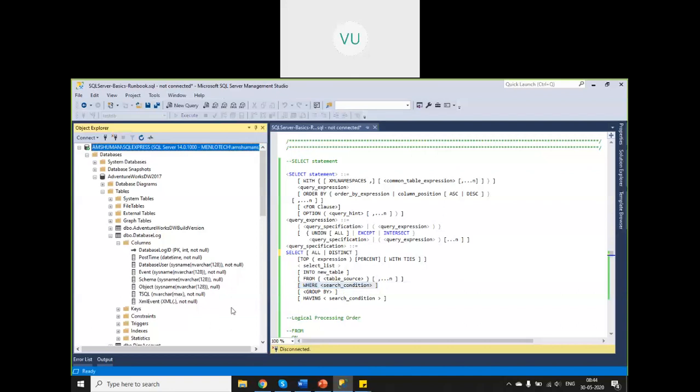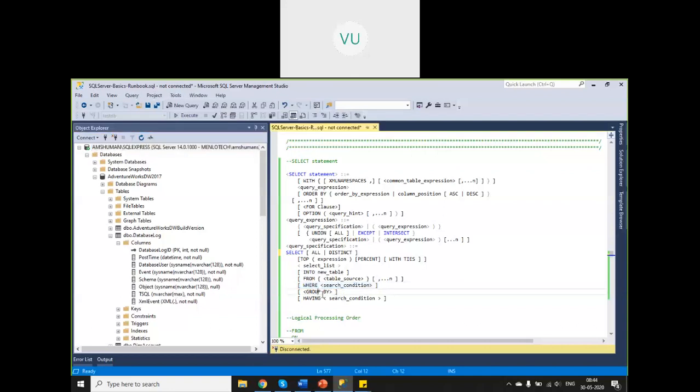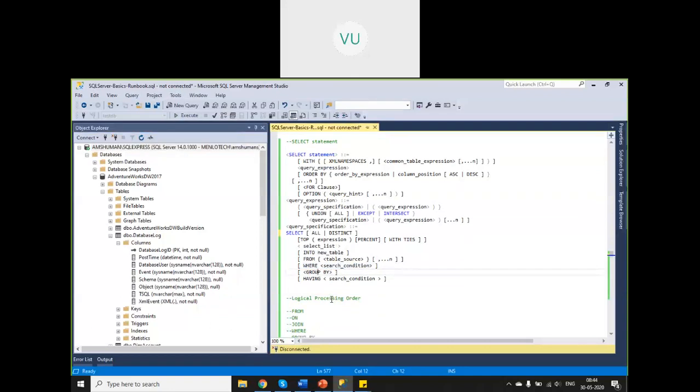Okay. And then comes the group by clause. So group by clause is more like, for example, you have a number of records. You want to group the records based on a particular column value. Let us say you have age, right? And out of all the students, you want to group the records based on the age. That means all students with a particular age will be grouped together. So the order of the records will change when you say group by.